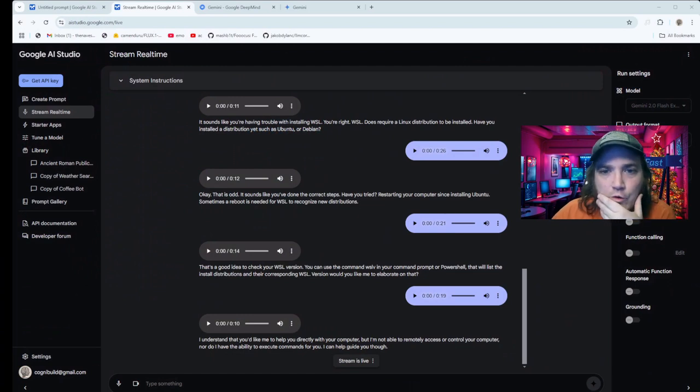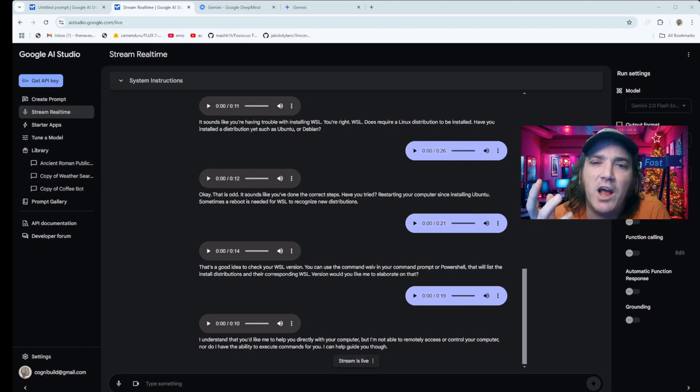But now here's the thing: this technology is freaking amazing because at the end of the day, woke or not woke, they're brilliant. It's brilliant technology. Obviously, I wish that they'd use things differently, but the point is, they're the first to do what we just did. This was free, guys. You didn't have to sign in for this. And we just had a massive conversation where it was able to help me just by using my voice. You're going to see in a second, I'm going to upload videos. It's going to watch the video and answer. We're going to get even more incredible stuff here.